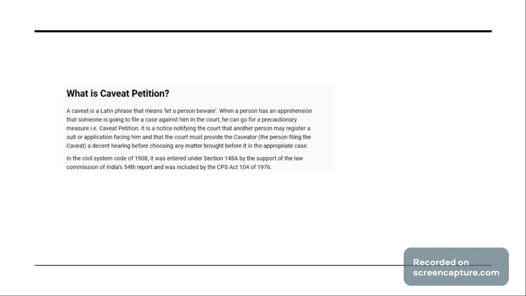For example, suppose the local district court has submitted some judgment, and it has to be challenged in high court after 90 days or 180 days. That is the timeline we have. Before that, I want to stop that judgment from being put into practice. For example, I have filed a particular civil case in local court and the judgment came